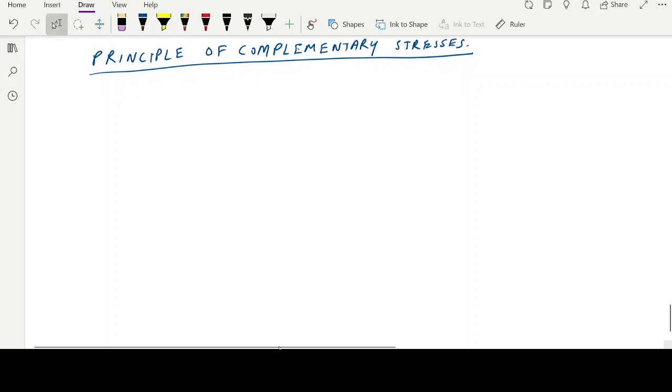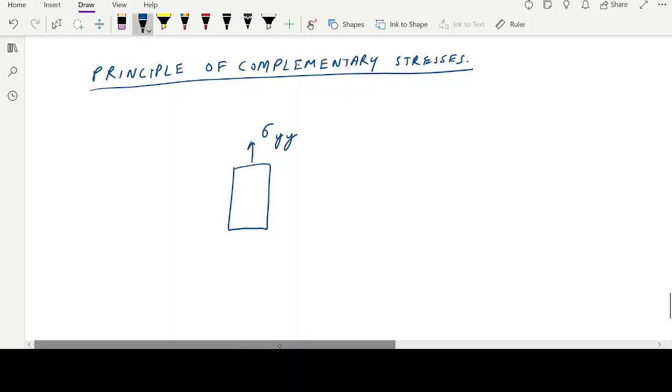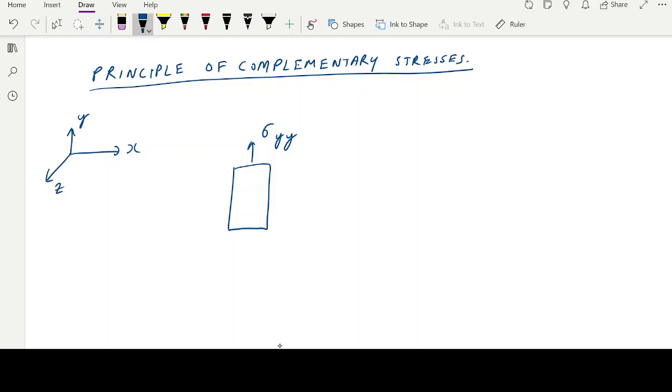So now we have seen that all the stresses act in pairs, right? The normal stress, sigma yy. Let me draw the coordinate system first. Y, x. This is my coordinate system. Sigma yy, sigma yy. And as I have already taught you in the representation of vectors, the second y represents the direction of